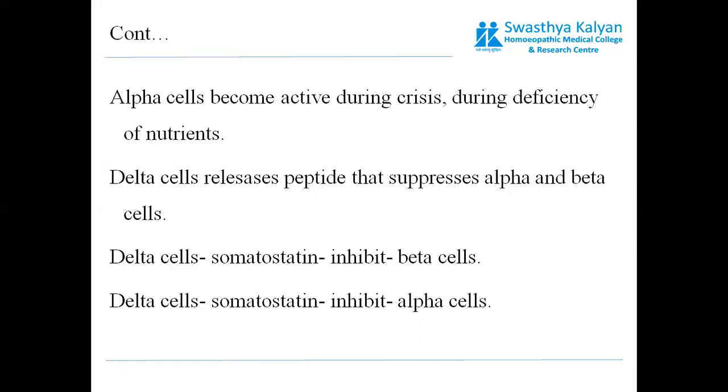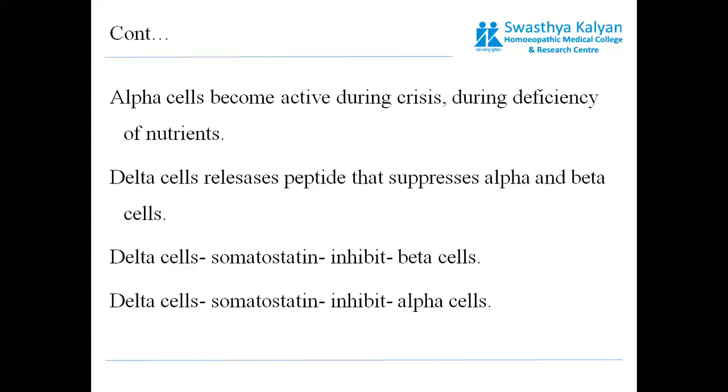What do delta cells do? They release a peptide that suppresses the alpha males and the beautiful ladies. Now, dogs don't care if the male is stronger or not. Beautiful ladies or not, they don't care. They are dogs. When the dog becomes active, they become very active. If the D cells are active, the beta cells cannot secrete anything. If a dog is behind the woman, she cannot do anything. So when the delta cells, the doggy cells, come into action, beta cells cannot produce any secretion.